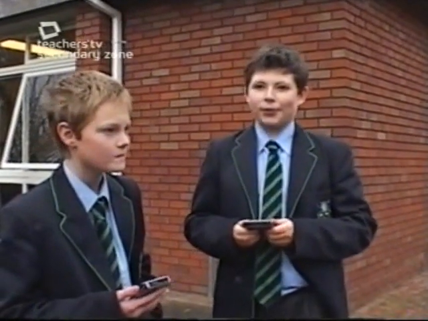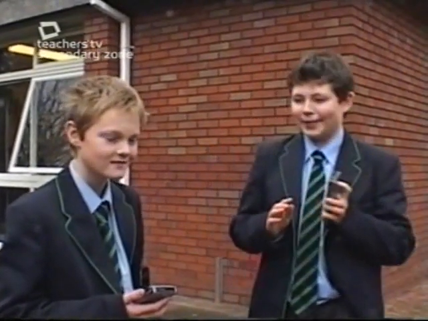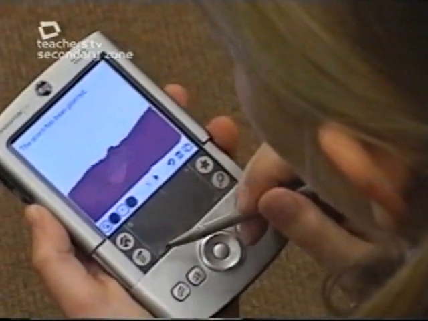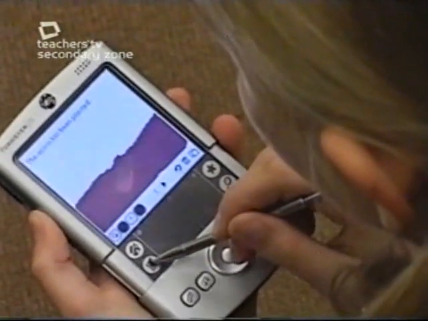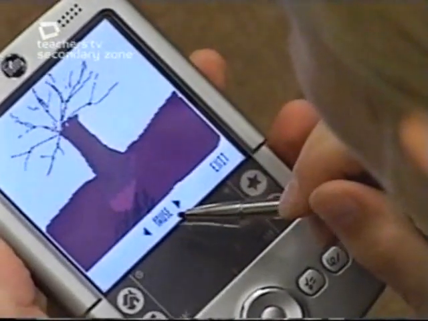Well, they're like a games machine. Yeah. They're like multifunctional, all-in-one tiny things. They're like, yeah, really good. Initially, when the children had the Palms, they were very excited. It was a new toy. My animation is of a tree growing. Gradually, they saw how it could involve their homework and how they could use it at school.